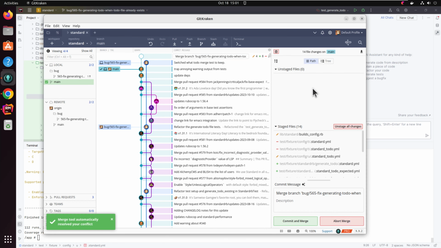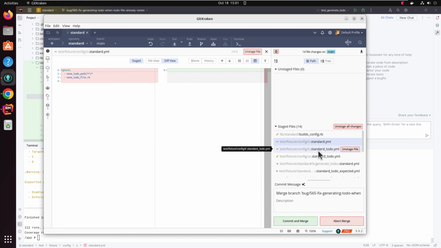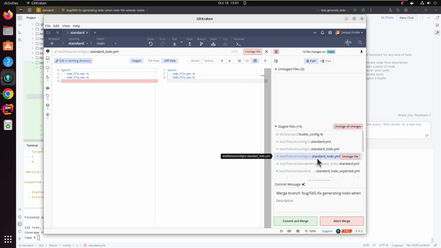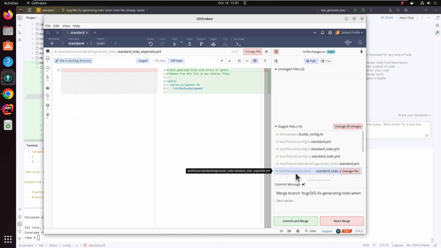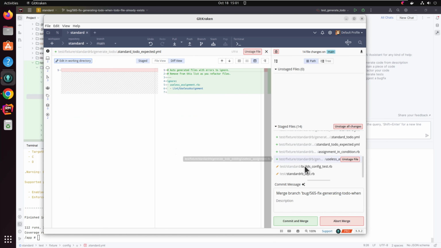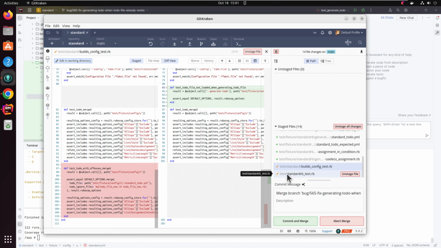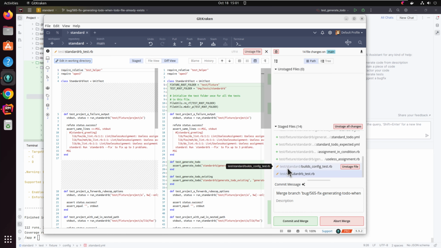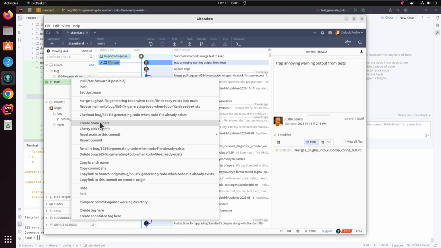Merge tool automatically resolved your merge conflict. Huh, okay. So I got rid of the T's. Alright, so yeah, there's the test there, and that test is gone. So I think this would be an easier one. Okay, so the other thing we're going to do here real quick is let's